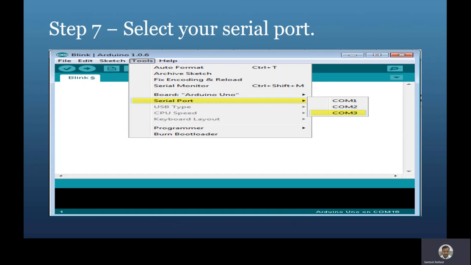To find that out, you can disconnect your Arduino board and reopen the menu. The entry that disappears should be the Arduino board. So you can check which port is compatible with your Arduino. Disconnect it, and connect it again, and confirm the one that disappeared that way. Then reconnect the board and select the serial port. In this case we have selected COM3 as the port.